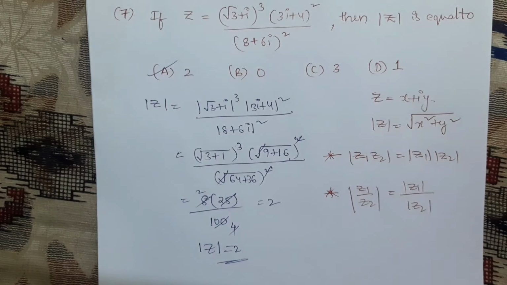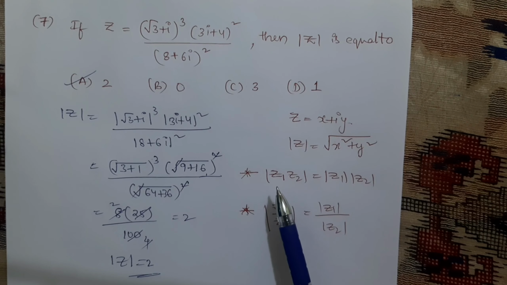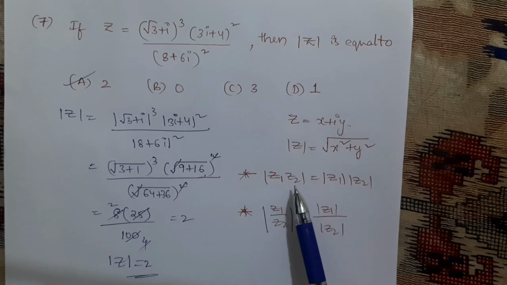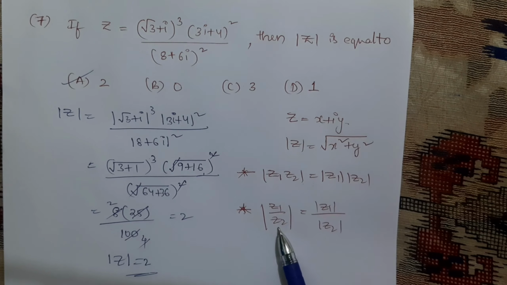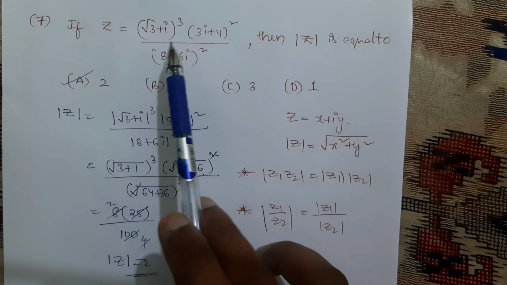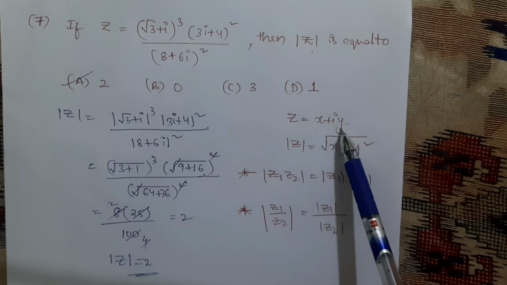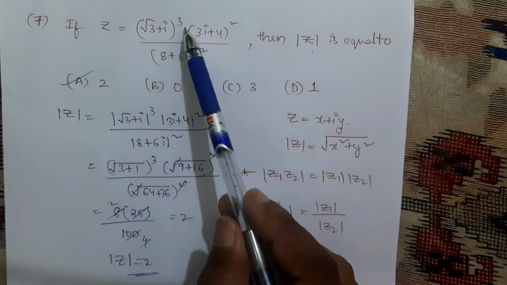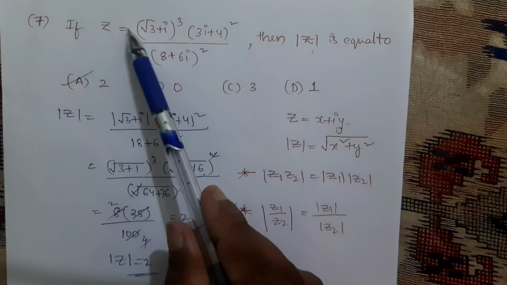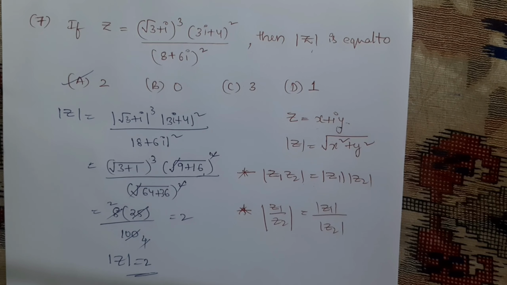So like this we need to apply whenever we are going to find modulus. Remember these two properties. Z1 into Z2, if you apply mod on both sides, we can write it as mod Z1 into mod Z2 separately. Again Z1 by Z2 means mod Z1 by mod Z2 we can write. For these types of problems, instead of simplifying, why? Because to find modulus, if we convert into x plus iy form, it will take a lot of time. Because whole cube is there, whole square, and again whole square we need to simplify and convert. So instead of that, separately apply modulus to this and also this. Like this we can minimize our time.